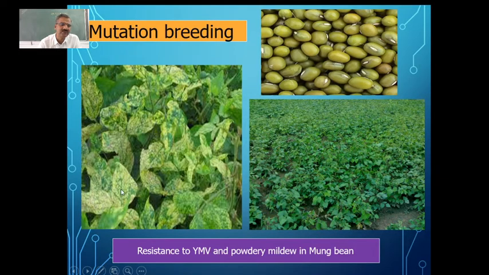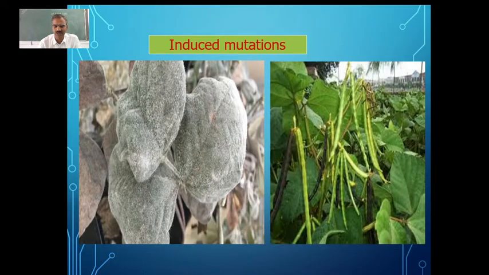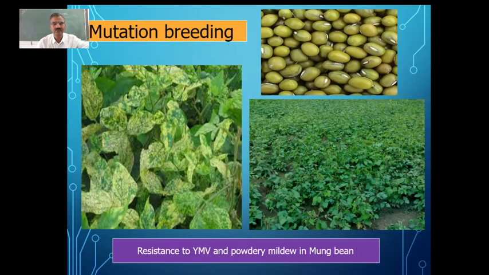You can see the spots which are there. This is the affected plant, the one which is prone to virus. This is called yellow mosaic virus, and yellow mosaic virus is causing the disease. So the first one is powdery mildew, which we have seen, and this one is the one affected by yellow mosaic virus.